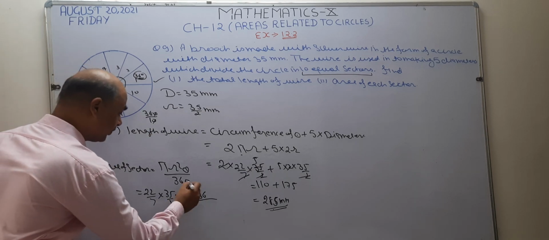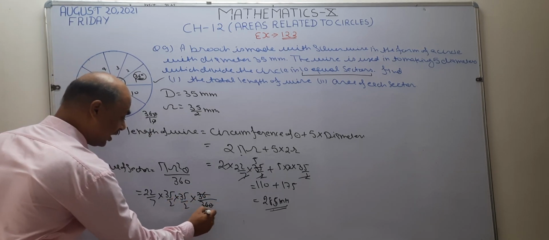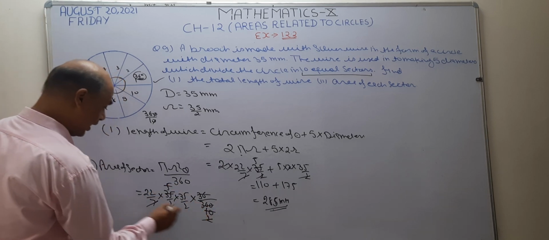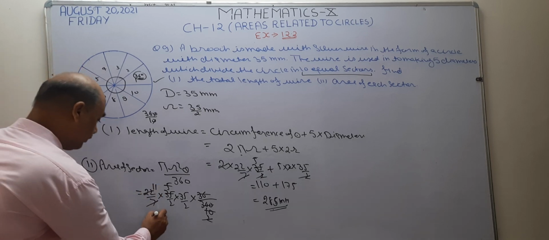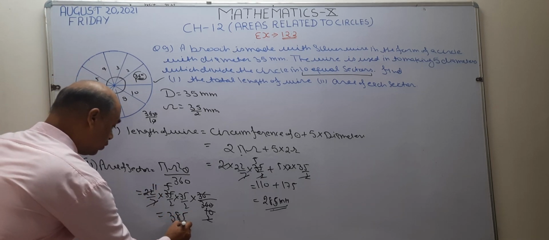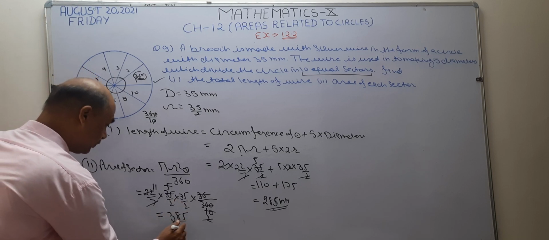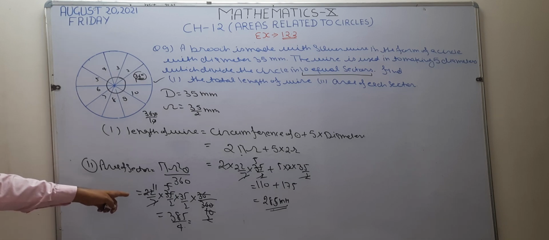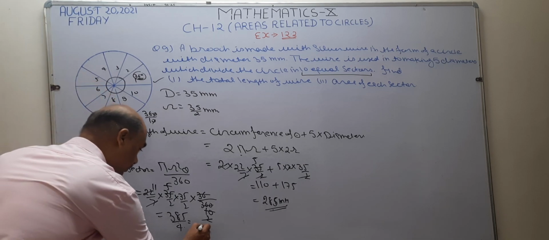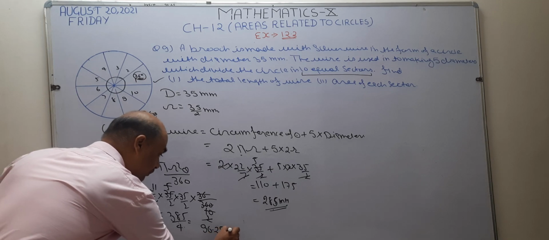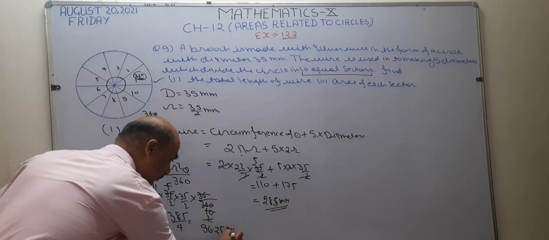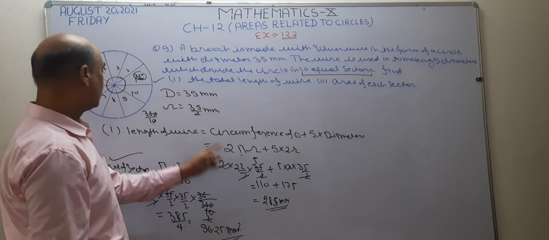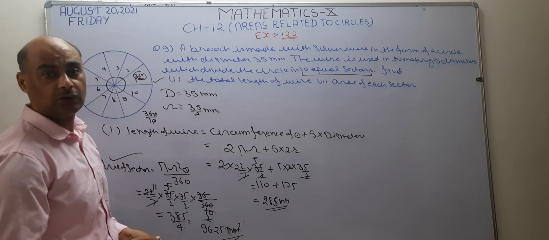So write here 36 upon 360. Now this will cancel with 10. Okay, 7 5s are 35, 5 2s are 10, and this is going to cancel with this. What is that? 385/2. Not 2, 2 2s are 4. 385/4. Okay. Multiply 35 with 11, so this becomes 385/4. When you divide, the answer becomes 96.25 mm square. So this is the area of each sector, and this is the length of the wire used to make this complete pouch. Okay.